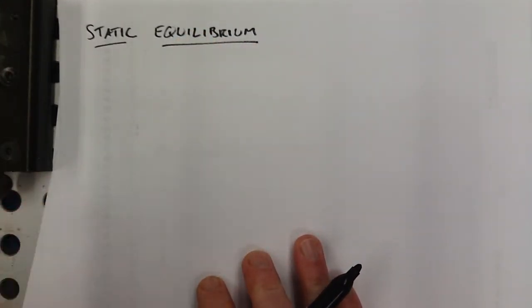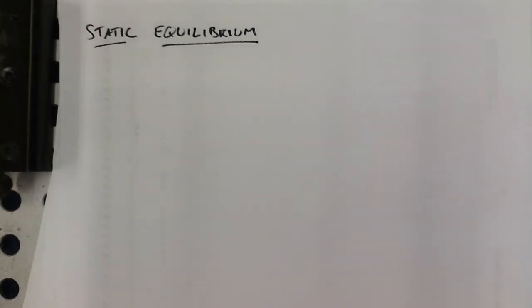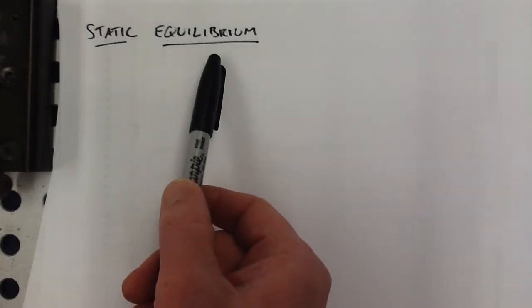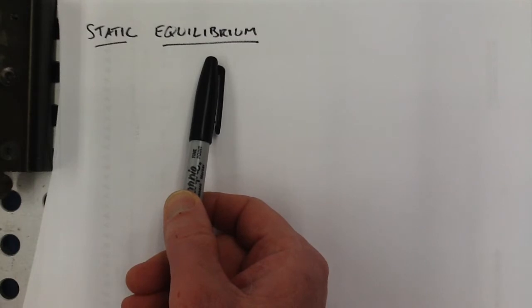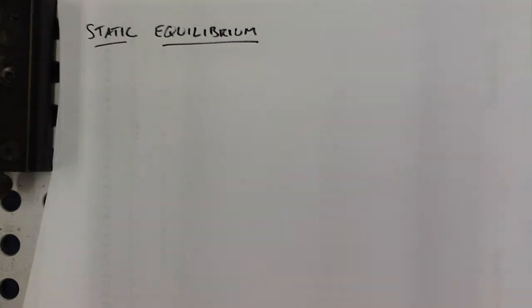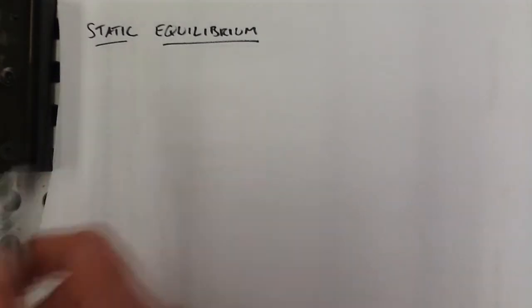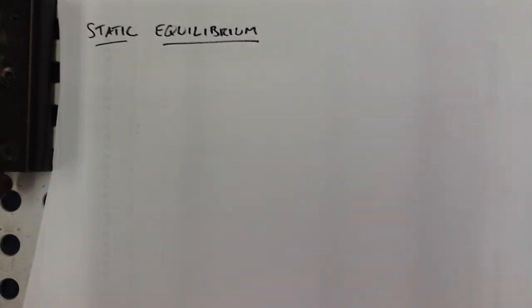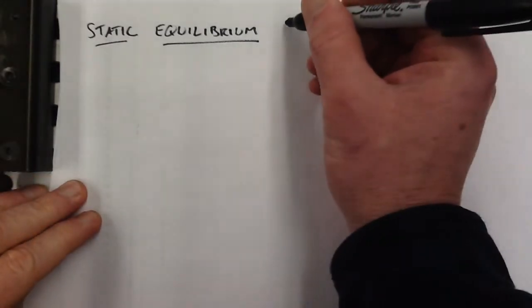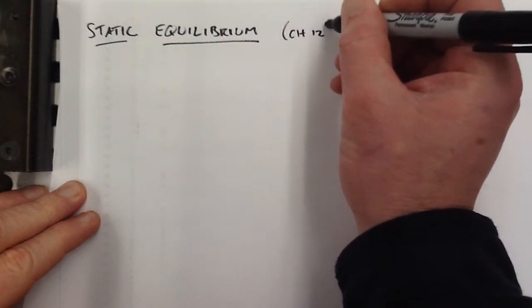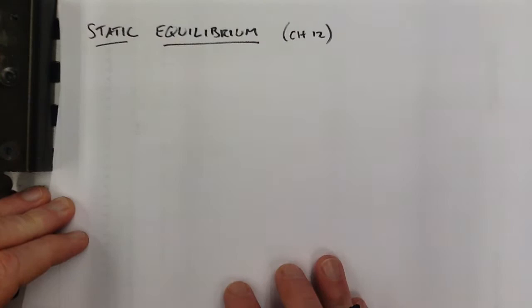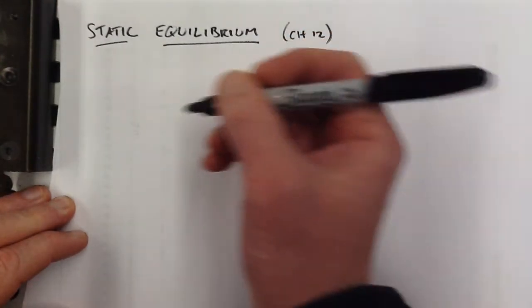So what is static equilibrium? You actually know about static equilibrium problems. We've been considering problems that you could classify as static equilibrium problems since as early as chapter 5, when we started talking about forces. Because we know when something's not moving, that's what static means, that the forces must be balanced. But now we're going to have a new addition to what we know about this, this is in chapter 12 by the way, because if something is not moving,